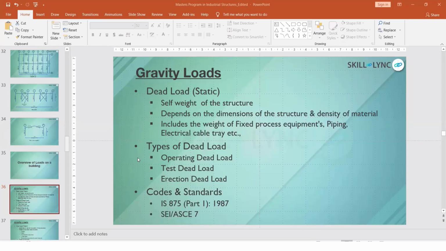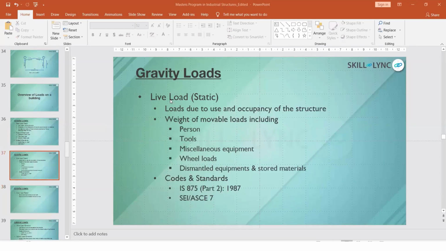Apart from the self-weight of the structure, there are other kinds of dead loads also: the operating dead load when the machine is operating, the test dead load, the erection dead load during the time of erection, and any other specific dead load that is going to act. Everything needs to be taken care of. The codes normally followed are IS 875 part 1 and ASCE.